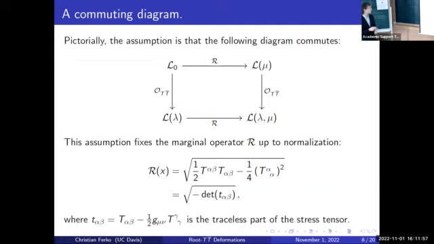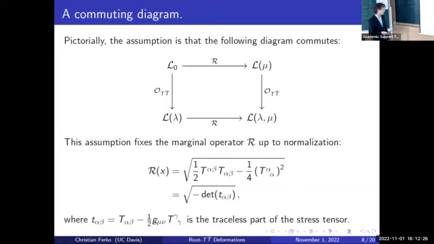Okay, great. Well, I claim that if we want commuting flows, then this assumption fixes the marginal operator, our R, up to normalization. So when the trace is 0, it has to reduce to something proportional to T alpha beta, as we saw. And I'm going to normalize with an overall factor of 1/2. And the only other possibility that makes this commute in 2 dimensions is to subtract off this combination of the trace squared. And the reason why I've chosen this particular normalization with the 1/2 and the -1/4 is that this